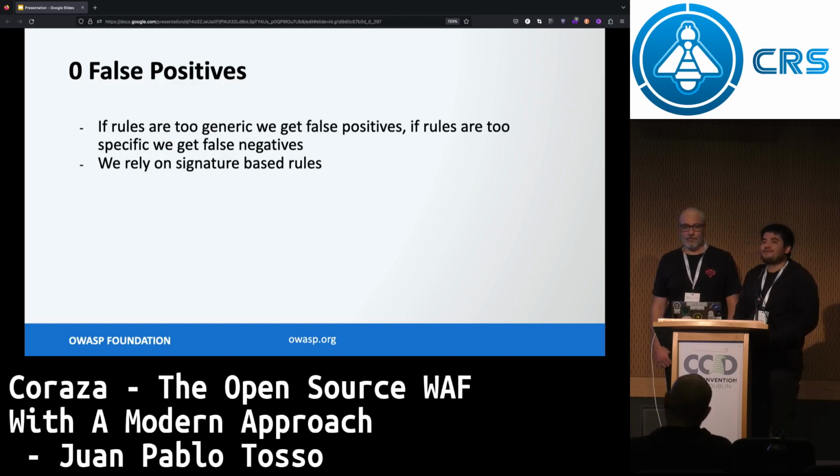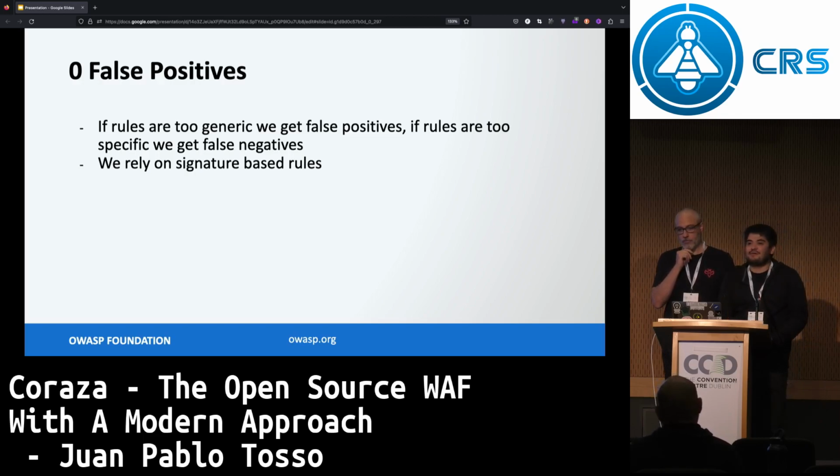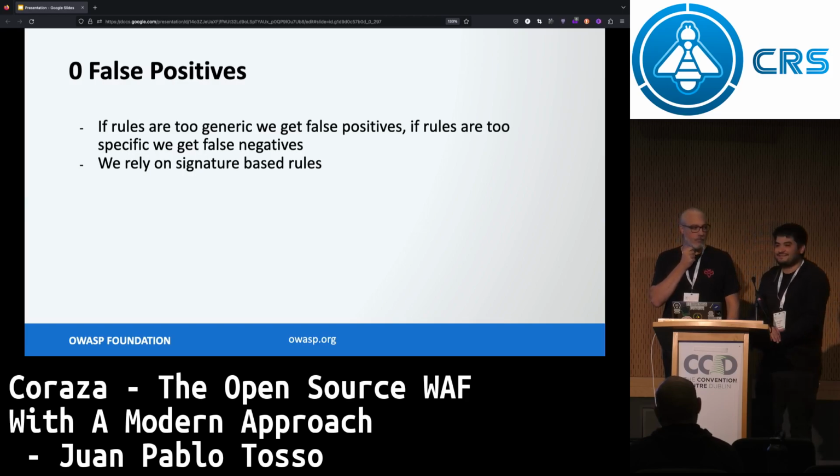Yeah, there's no paranoia 0 thing. Also, there are certain patterns that we will always be 99% sure are attacks, but the problem is it's probably less than 1% of the cases. So how do we go generic enough to cover most of the things, but not too generic to avoid false negatives? Also, right now, as you can see, we rely mostly on signatures.